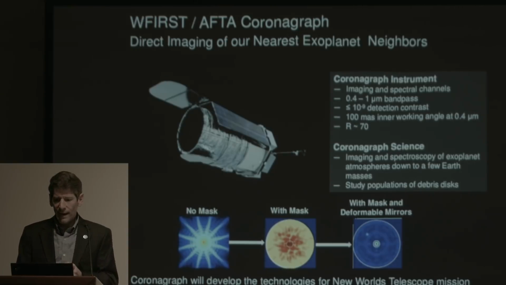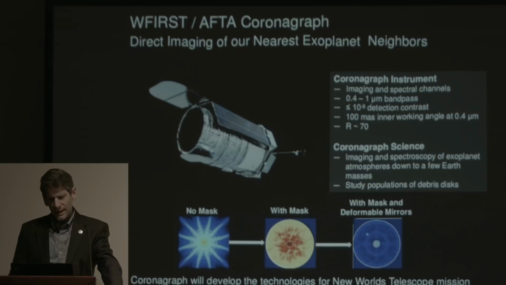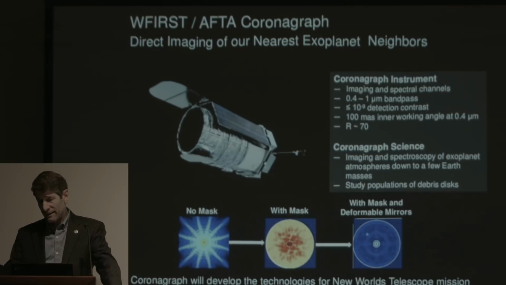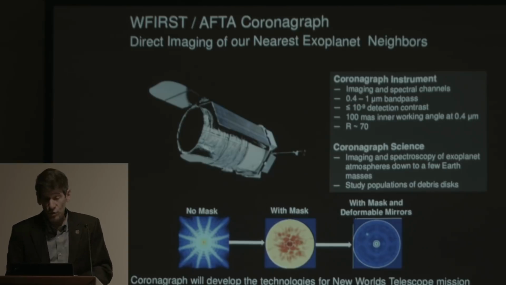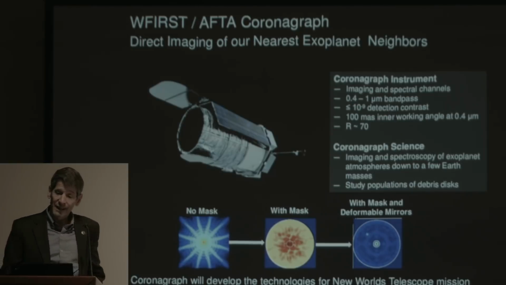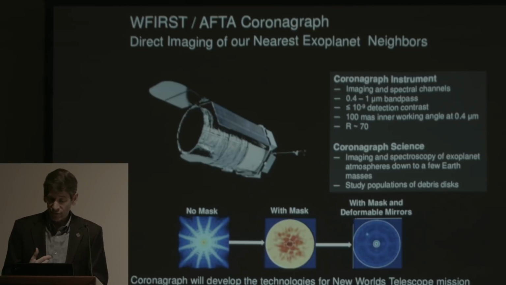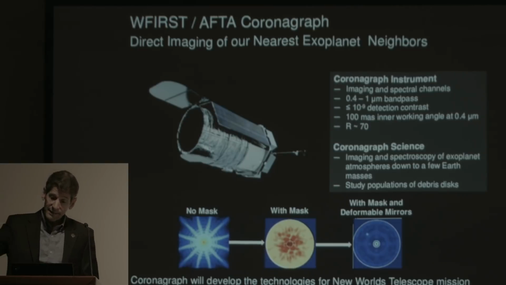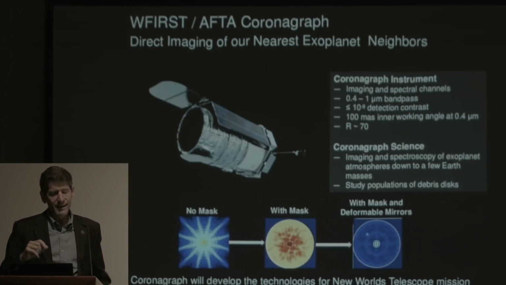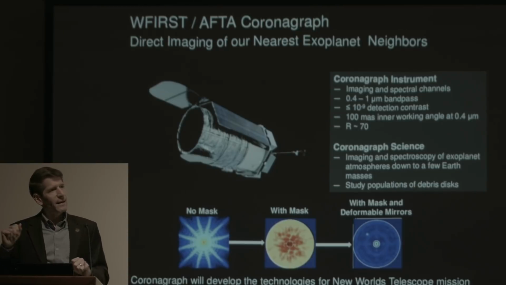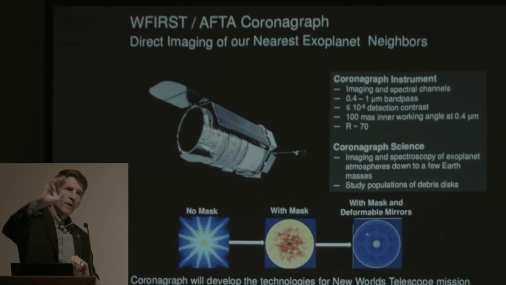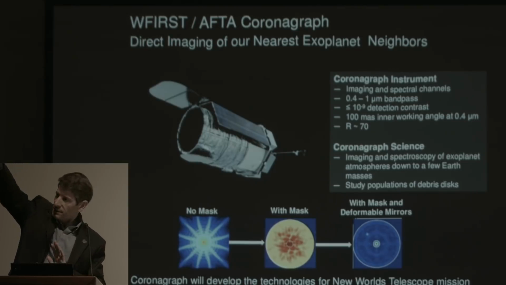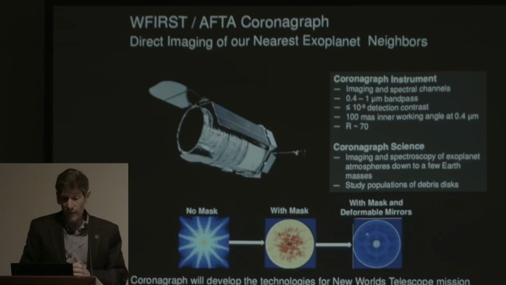And that coronagraph right now, we hope to be able to achieve maybe 10 to the minus 6, 10 to the minus 7 contrast ratio. So maybe we'd be able to directly image perhaps Jupiter-like exoplanet candidates around sun-like stars. Doesn't quite get us to 10 to the minus 10. That'll be a future mission. But we also intend to have it Starshade ready, meaning that on a subsequent launch, we could launch a Starshade that could rendezvous with WFIRST and provide that external occultation of the star to be able then to try to image